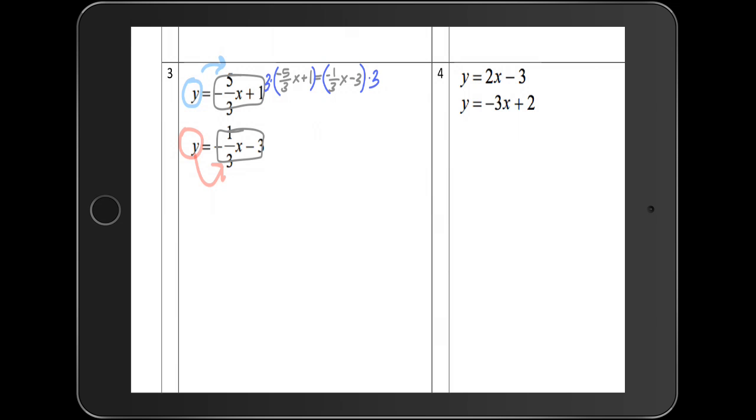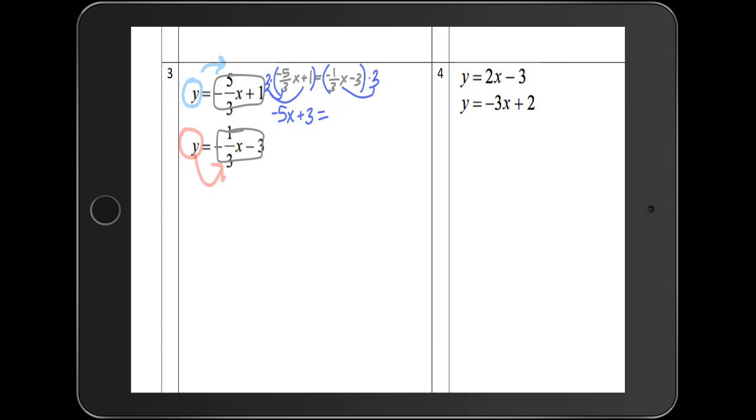When I'm multiplying this, I'm essentially distributing. Okay. When I distribute this 3 to the negative 5/3, the whole point of multiplying by 3 was to eliminate that denominator, and that's exactly what's going to happen. So it's going to cancel out the 3, and I'm going to be left with negative 5. And then I'm going to do 3 times positive 1, which gives me plus 3. So I have negative 5x plus 3 equals,